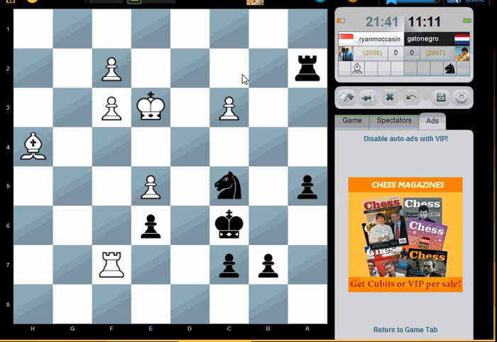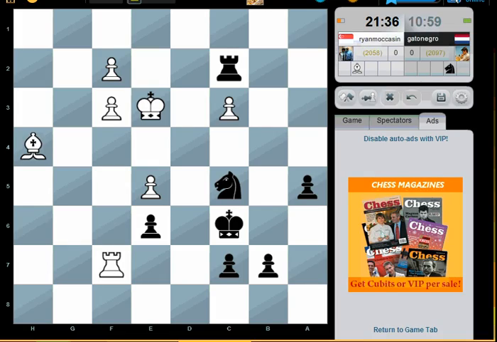Can I play rook c2, threatening to take here, and also opening the passage for my pawn? Now he should play rook f8 or rook a8. But on the other hand, this is not going to get this pawn because it will be defended by my knight here. If he plays king here,